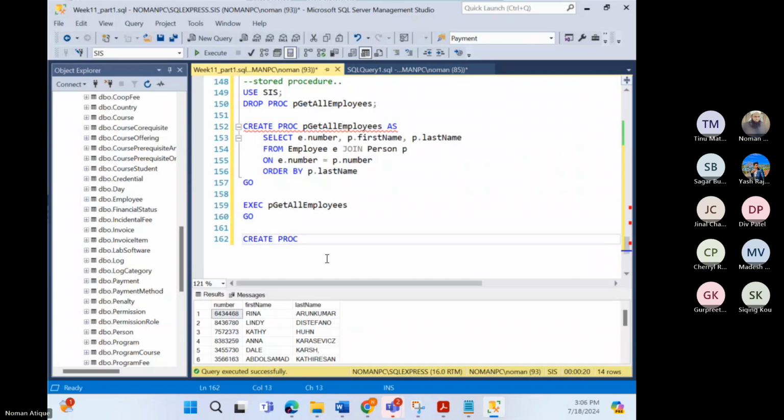procedure get employee, and I would say @school, character of 3, comma, @name, variable character of 20, write as